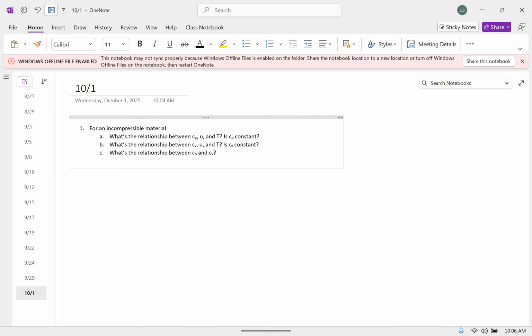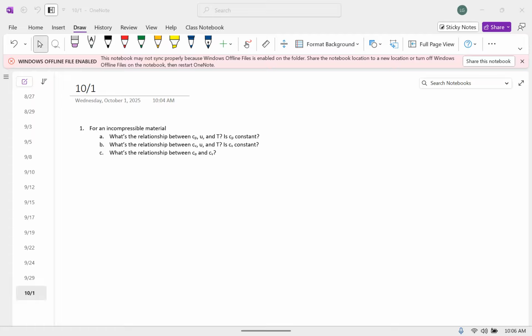Okay, for an incompressible material, what's the relationship between CP and CT? There's not much to this one. So for an incompressible material, we learned that